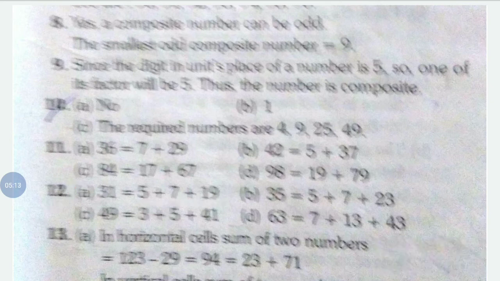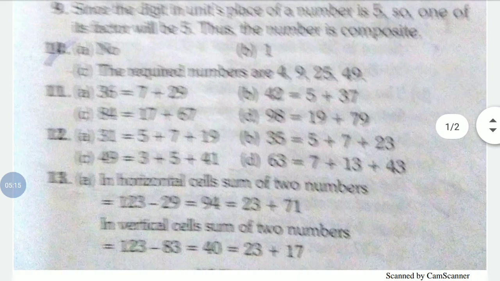Now question number 13. Fill in the blanks cells with two-digit prime numbers in each of the following figures such that the sum of the numbers in both horizontal and vertical is 123. They have given some numbers in that box. It is given 29 and 83. So what we will do,